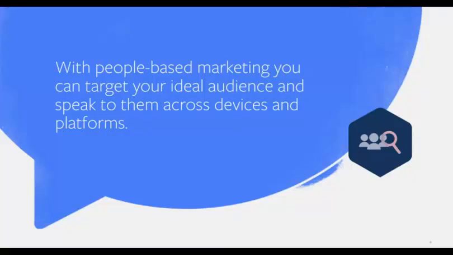We aren't just serving your content on relevant sites to an IP range or a cookie. We're serving your message to a member of the audience who is part of the Facebook family of apps that we know. All of Facebook's apps and services, and that includes Instagram and the Audience Network, apply the same method of people-based targeting. So you can extend your reach to include those new placements in your ad buys easily.